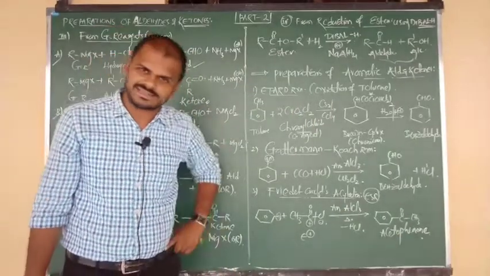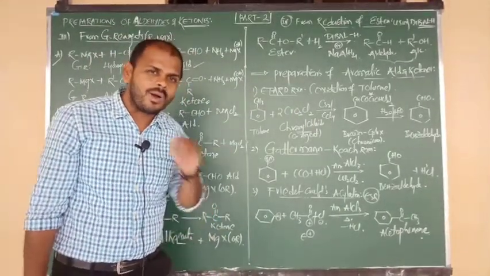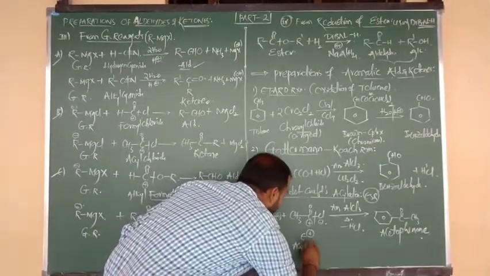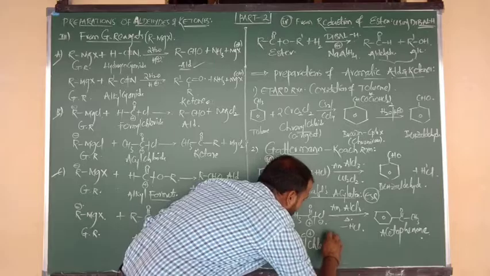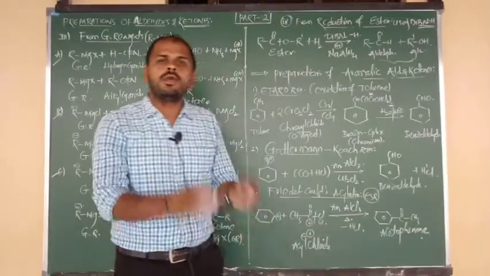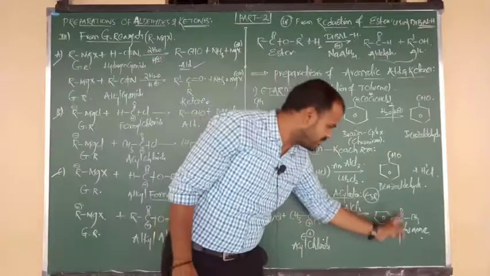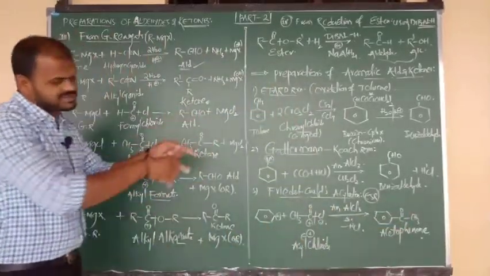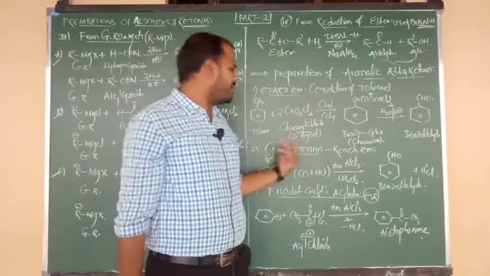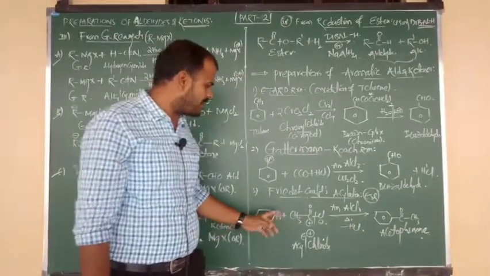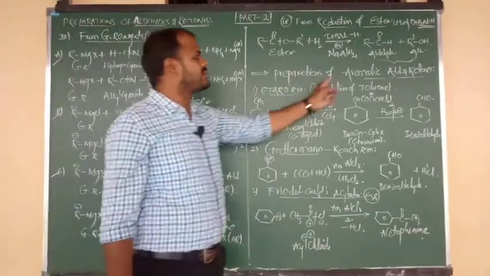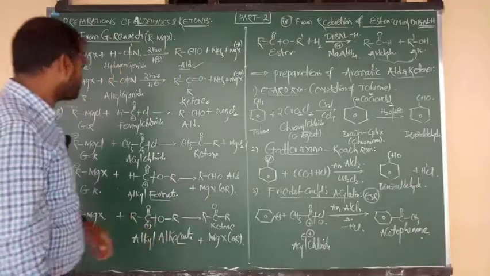We can consider it like this. Understood, beta? Once again, benzene on reaction with acyl chloride, and also we can say acetyl chloride, in presence of anhydrous AlCl3, is going to form a product that is nothing but acetophenone. Understood clearly? Yes, up to now. The first method is for preparation of aromatic aldehyde, but this is for preparation of aromatic ketone. Another two methods are there for the preparation of aromatic aldehydes.